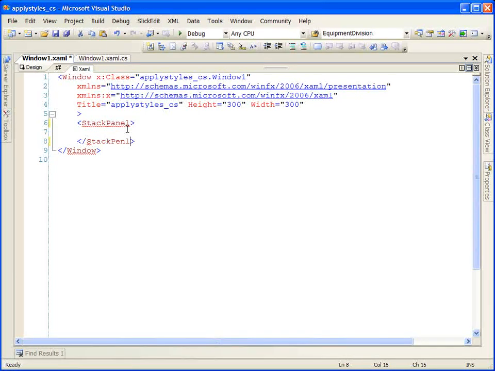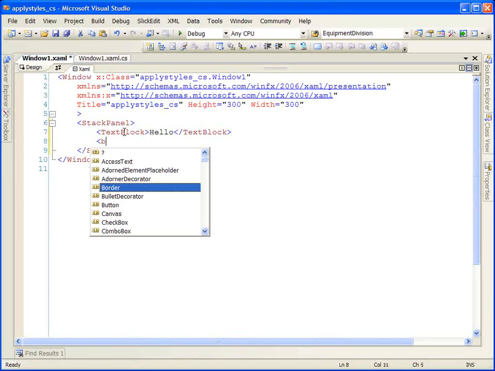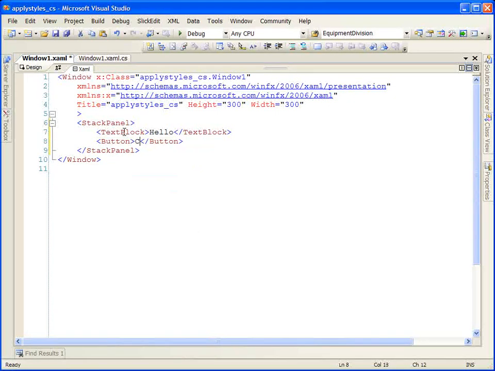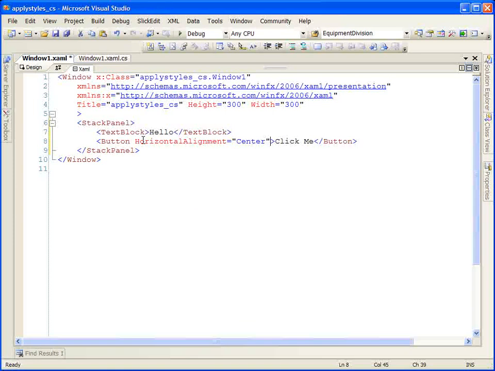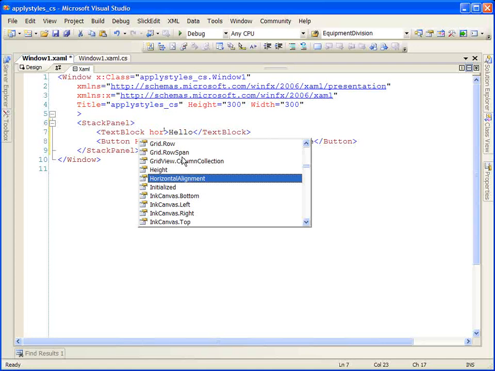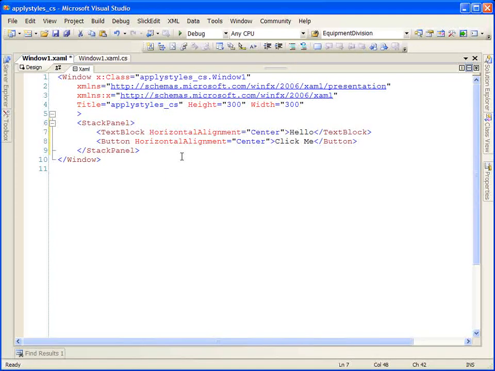So let's begin by using a stack panel. Stack panels are just such easy elements to use for demos. And we're going to create a couple of simple elements. We'll create a text box with some text in it, and we'll create a button. Let's set our horizontal alignment on our button to be centered so that it doesn't stretch all the way across. And I'll tell you what, we'll go ahead and set the horizontal alignment on our text block so that it'll